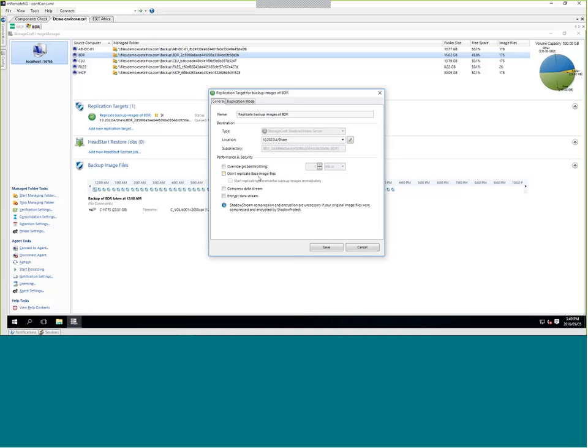And I can also optionally not replicate the base images. So what that basically means is, when you first start a backup policy and you set it up as, say, a continuous incremental backup policy, your base image is obviously the first full large backup, and it might not be ideal, especially if the client has limited internet connectivity, to replicate a very large backup image. So by ticking this option, it puts the onus on you to take the initial full backup image and manually get it to the replication destination.